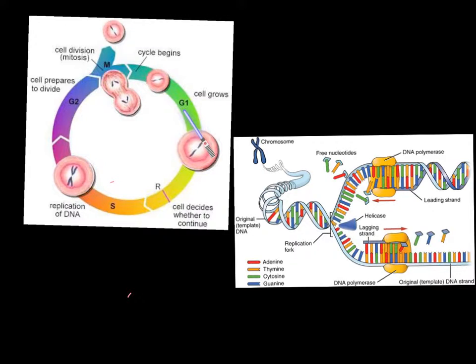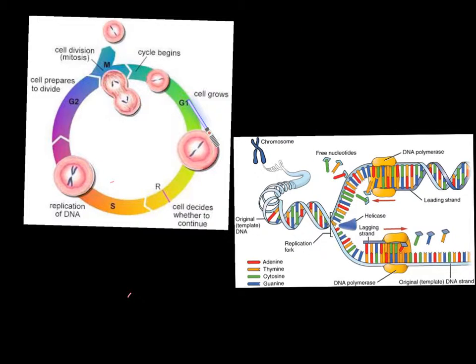This is the beginning of the cell cycle. In the beginning, the cell starts off small, then it grows. At this point here, the cell decides whether or not to continue. And here,